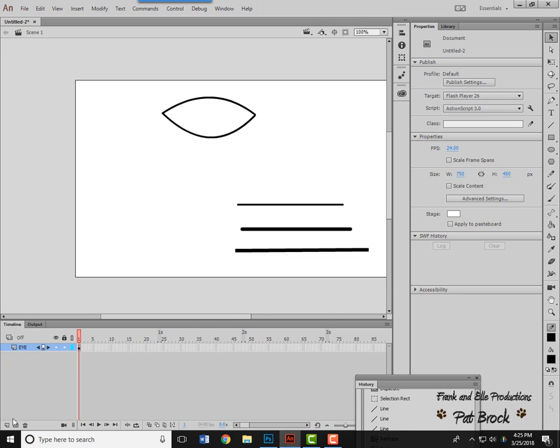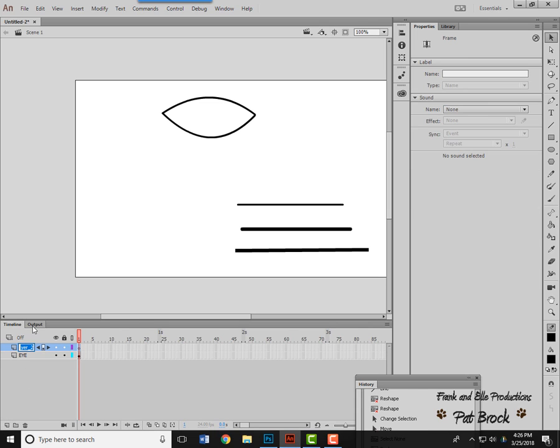Okay, so now let's go ahead down here at the very bottom where the timeline tab is. If I go down to the bottom, that's create a new layer. So we'll create a new layer, and I'm going to call this pupil. And on my new layer, we're going to get in the habit of locking the layers that we're not using. So we're going to lock the eye, and I'm going to go over to the pupil,